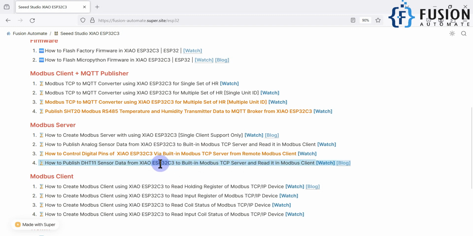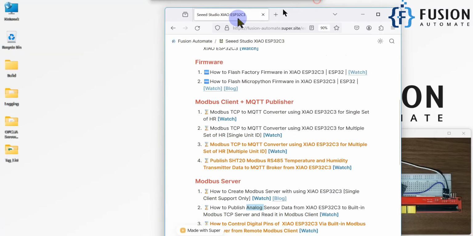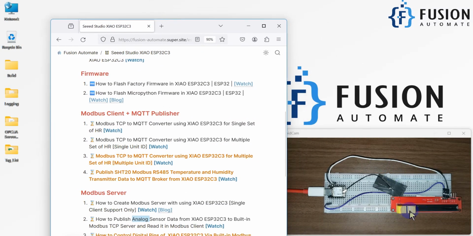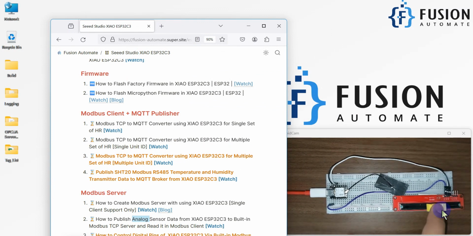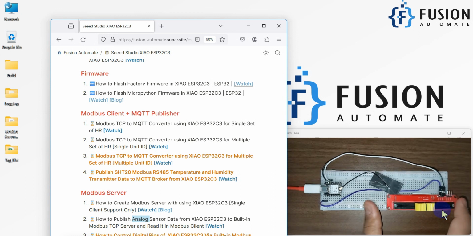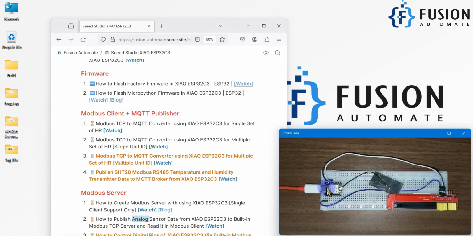So basically, the ESP32C3 acts as a Modbus TCP server which serves the data of the DHT11 sensor. Now in this video, instead of the DHT11 sensor, we are going to read the data from an analog device. Here you can see I have connected a potentiometer, which I can slide like this, and I want to read the data. I want to publish the data of this potentiometer to my Modbus TCP server, which I will create inside